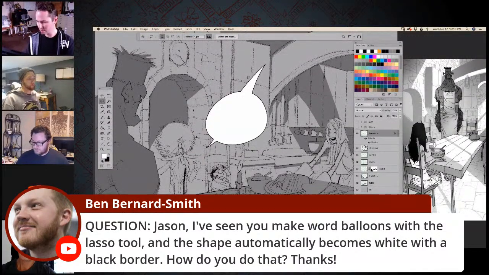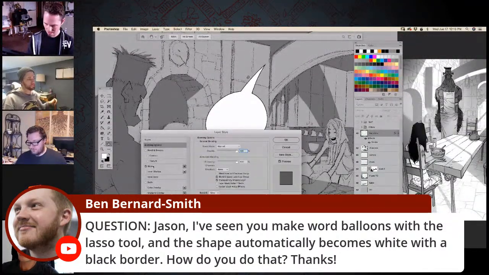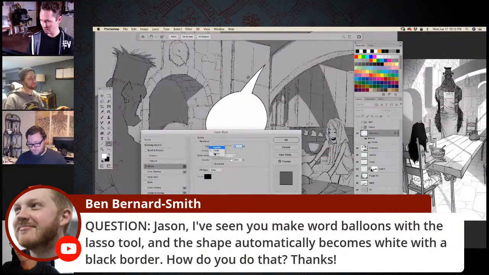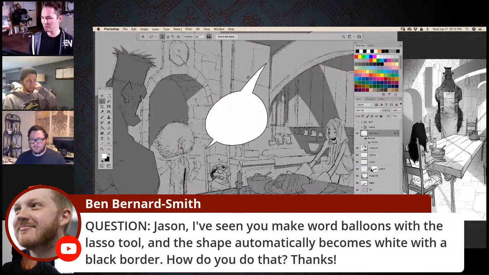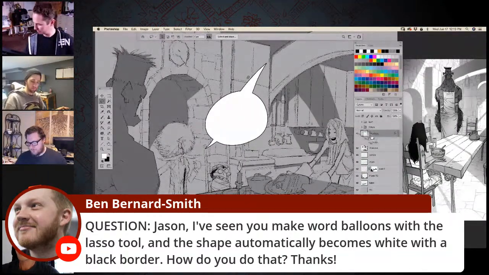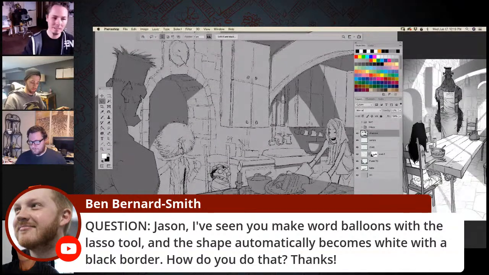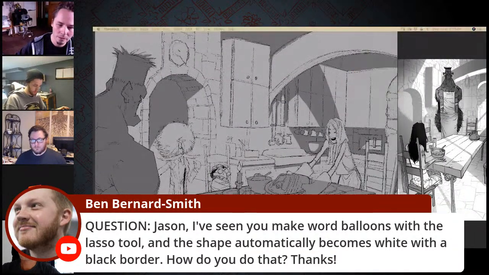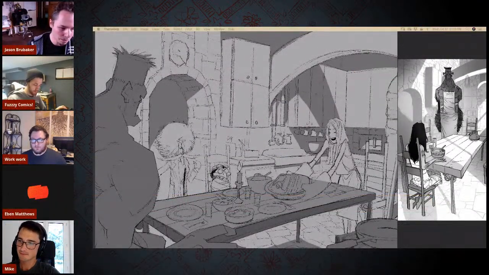If you do it on the outside, then it rounds that point. See, the points are rounded because it's on the outside of your selection. So anyway, that's how you do it. Hopefully that makes sense. One of my very first video tutorials was showing that. You can type in easy word balloons into YouTube and my tutorial should show up.